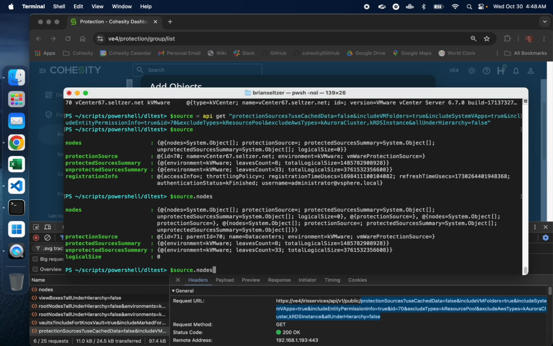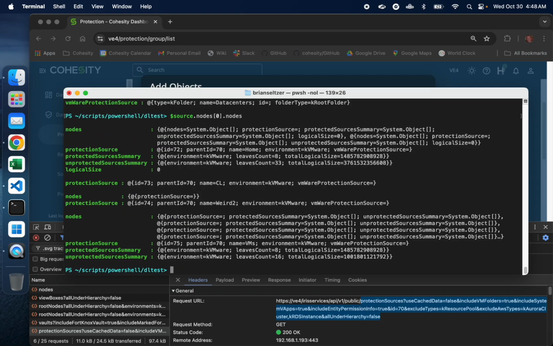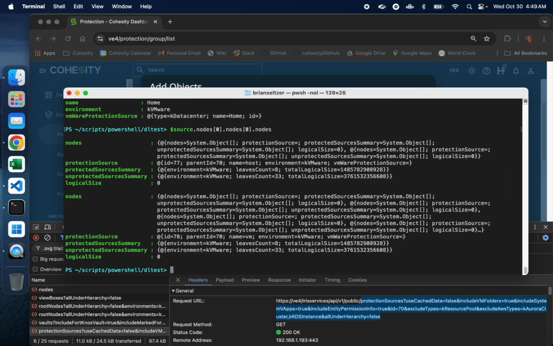The first one, node 0 protection source, you see as the data center's container, right? And then it has nodes, and the first one is my home data center, and then it has nodes,